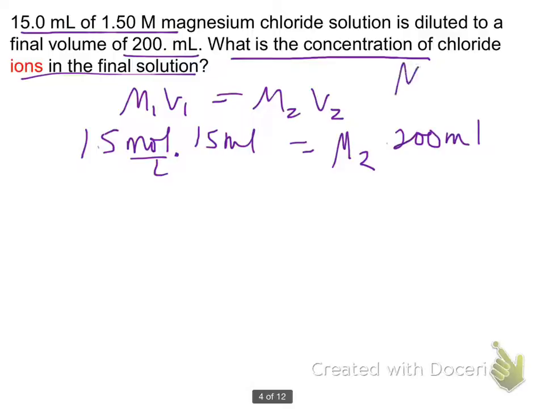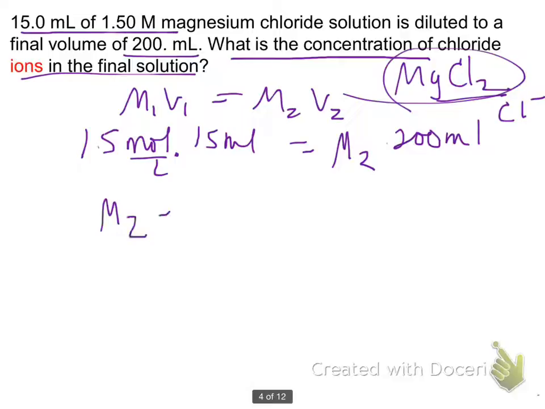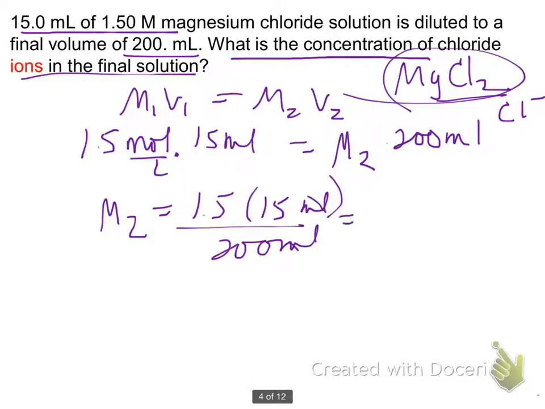Alright, and this is magnesium chloride, and I'm looking for the concentration of chloride ion. So I'm first going to find the concentration of magnesium chloride. So M2 is going to be 1.5 times 15 milliliters over 200 milliliters, and you'll see the milliliters will cancel out. And whatever I get here, which is 0.1125 molar magnesium chloride, I'm going to take that,